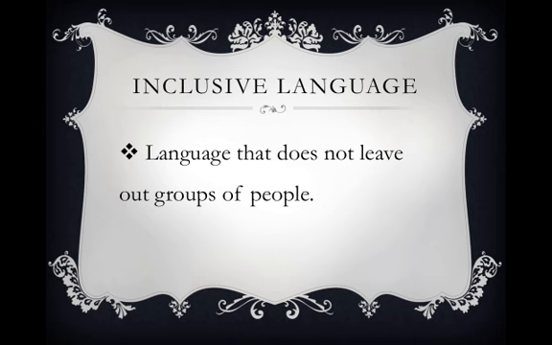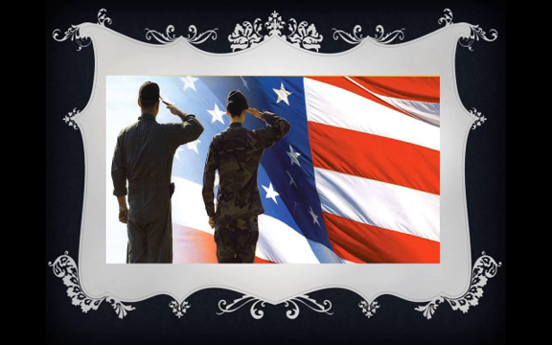Inclusive language is defined as language that does not leave out any group of people. Using inclusive language doesn't leave out anyone of the conversation, such as the phrase, "When a soldier goes to war, he should have the best possible equipment." We should all agree that this statement is not inclusive. It leaves out female soldiers. And shouldn't they have the best possible equipment as well? A father who is at home with his children while his partner is away fighting for our country, this statement would not be considered rhetorically sensitive. The inclusive way of saying that statement would be, "When soldiers go to war, they should have the best possible equipment." This will ensure that audience members are not offended by leaving out another member of the group.